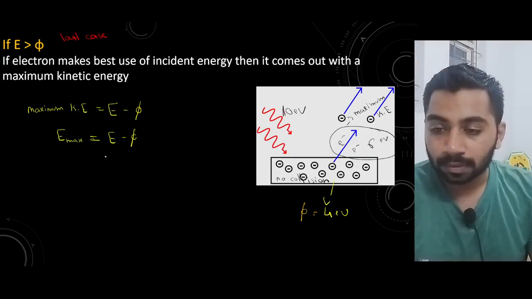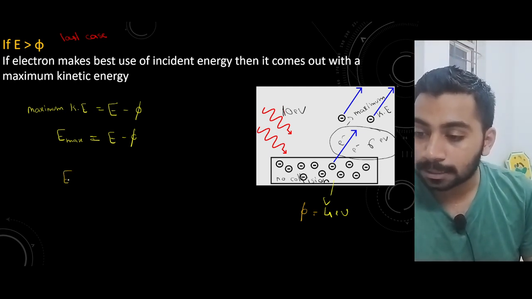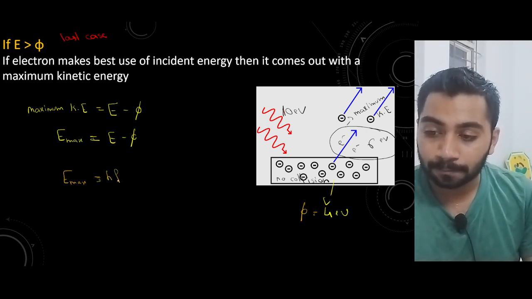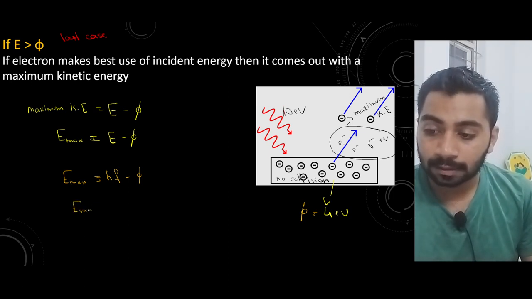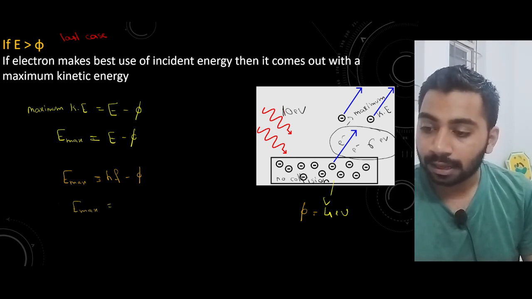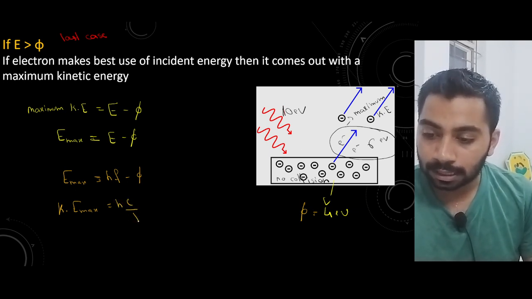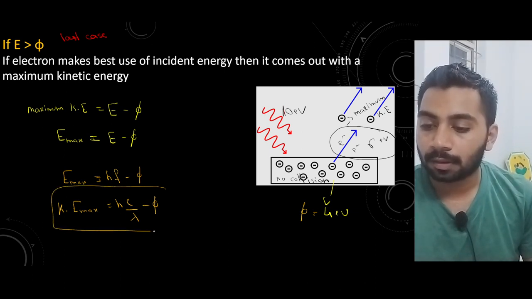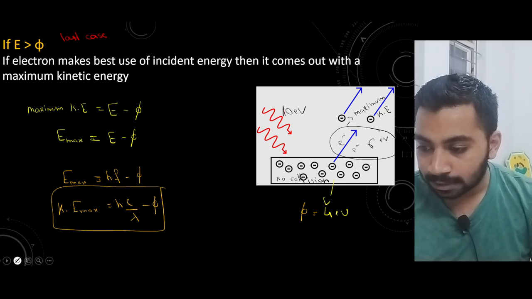Okay. Now see. Let us come to our small derivation. We know E max is equal to E value. We can write hf. Right. Now E max, or kinetic energy max, is equal to h into c by lambda. Make a small change here for your final answer.